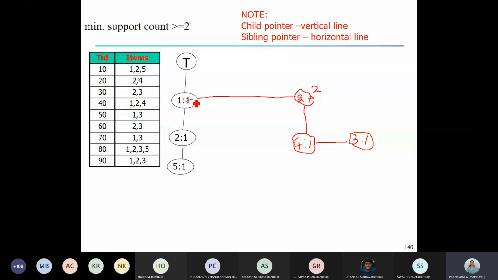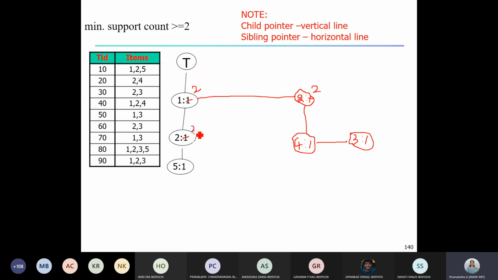Okay, so 1. After 1, next is 2. So check below 1 whether we have an item with the item name as 2. Yes, we do have item 2 below 1 already existing, its child. So again, no need to create a new node. You can simply cut this one like this and you can write the new count.